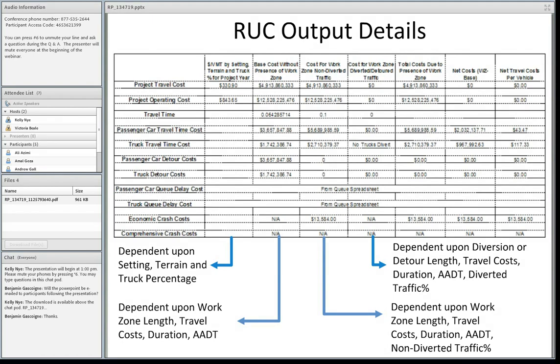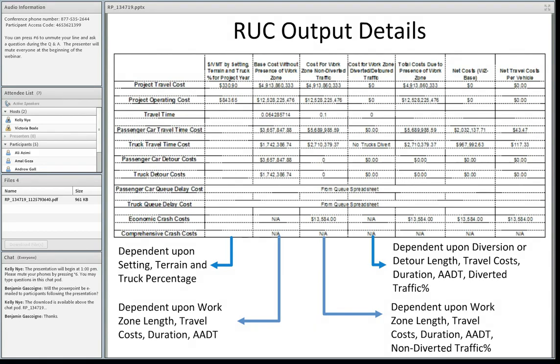And then the cost for the work zone non-diverted traffic. These are the individuals traveling through the work zone who are not choosing to divert onto another roadway. The next column is the cost for the diverted or detoured traffic. Here we did not have a detour, and we only had a diversion. But the big thing to note is that none of our truck traffic we're expecting to divert, because it could simply put them on a roadway that is not capable of handling those large vehicles in terms of turning